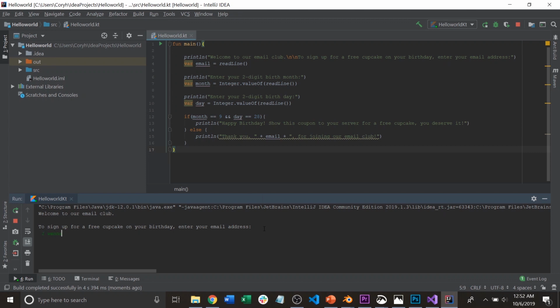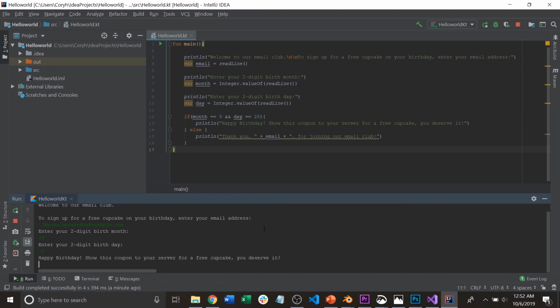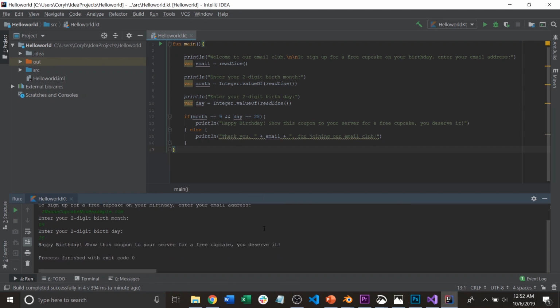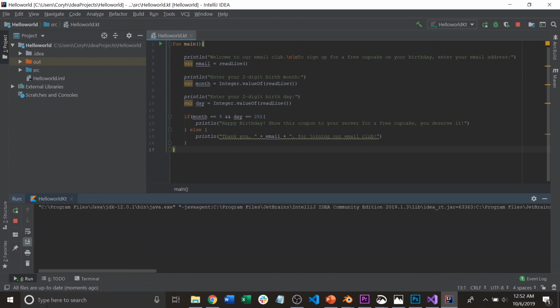I want a cupcake now at example dot com. Okay. 09 28, and there we go. Gives us the coupon. We're just going to hit run again and show